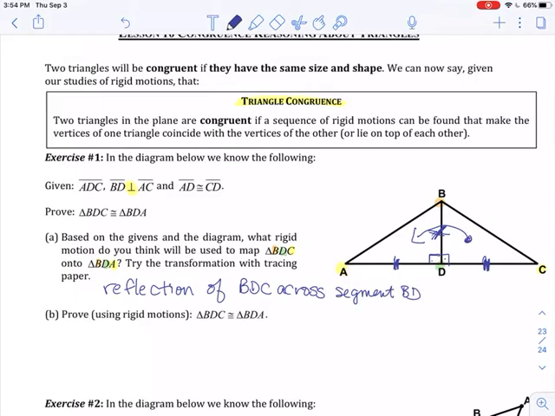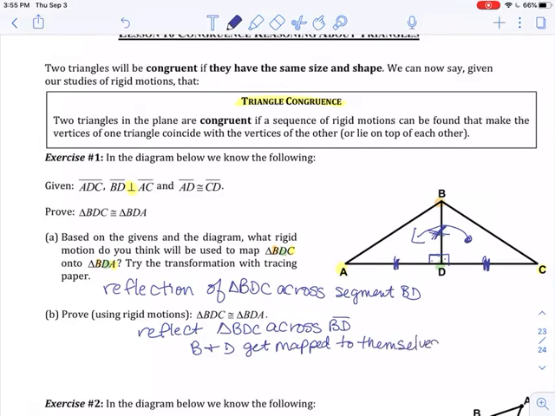Now prove using rigid motions that my triangles are congruent to each other. I left out my triangle symbol right there. But basically I reflected triangle BDC across BD, and what happens? The B and D get mapped to themselves. That's because they're on the line of reflection. So B maps to B, D maps to D. They map to themselves because they're on the line of reflection. The C maps to A